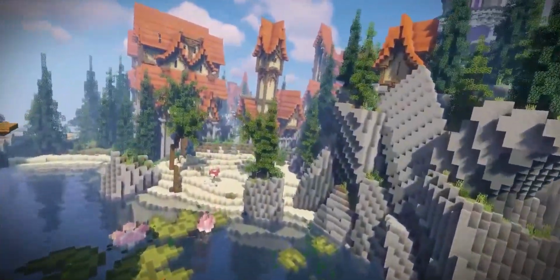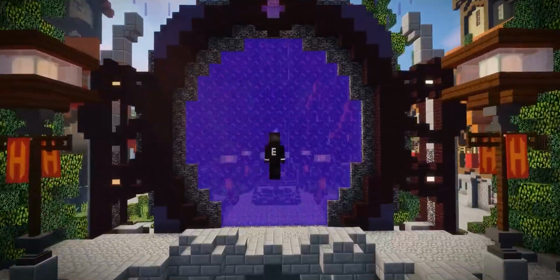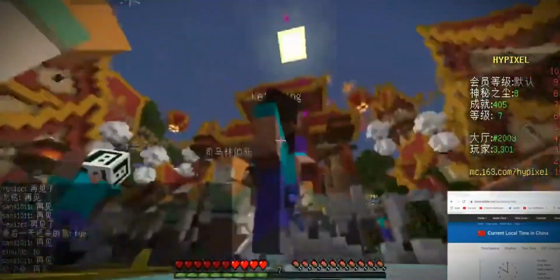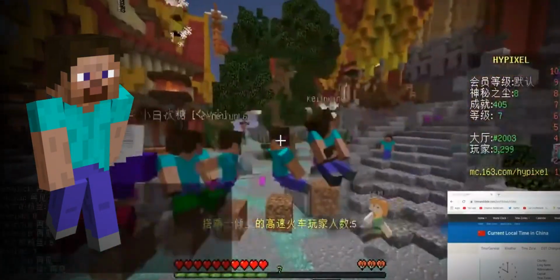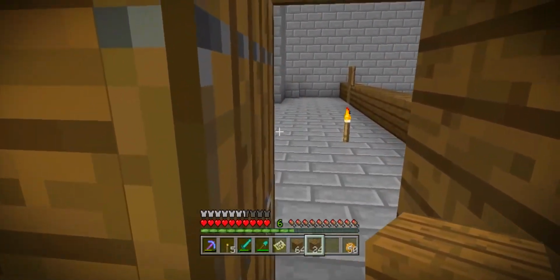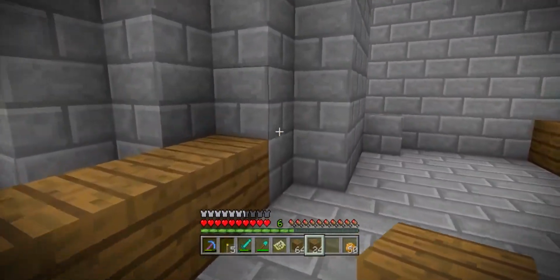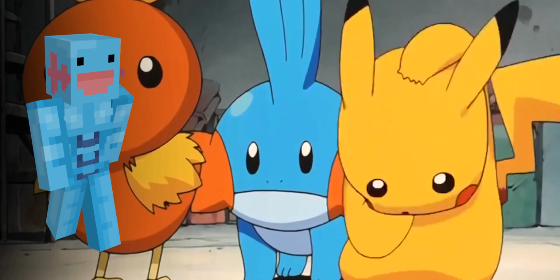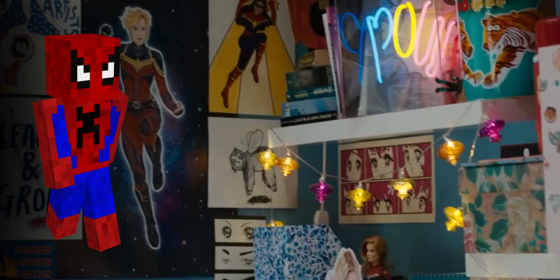As massive multiplayer servers like Hypixel and Mineplex started to grow, people who logged onto the servers would realize just how many players were using the same default skin and started looking for ways to stand out by finding a custom skin to use. Adding to the famous YouTuber skins, people would start creating renditions of other popular characters from video game franchises like Mario, Pokemon, Zelda, and Sonic, as well as characters from movie franchises like Star Wars, Marvel, and many more. Any popular character you could think of probably had a Minecraft skin you could use.